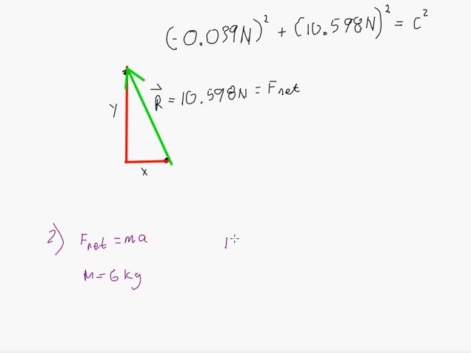You're going to get 10.598 newtons equals 6 kg times acceleration, in parentheses. Okay, just divide both sides by 6, and you should get an acceleration value. Acceleration equals meters per second squared. You should be doing this on your calculator right now. 10.598 divided by 6, and you should get 1.766. Okay, and that's your value for your acceleration, and I'm done. Alright guys,